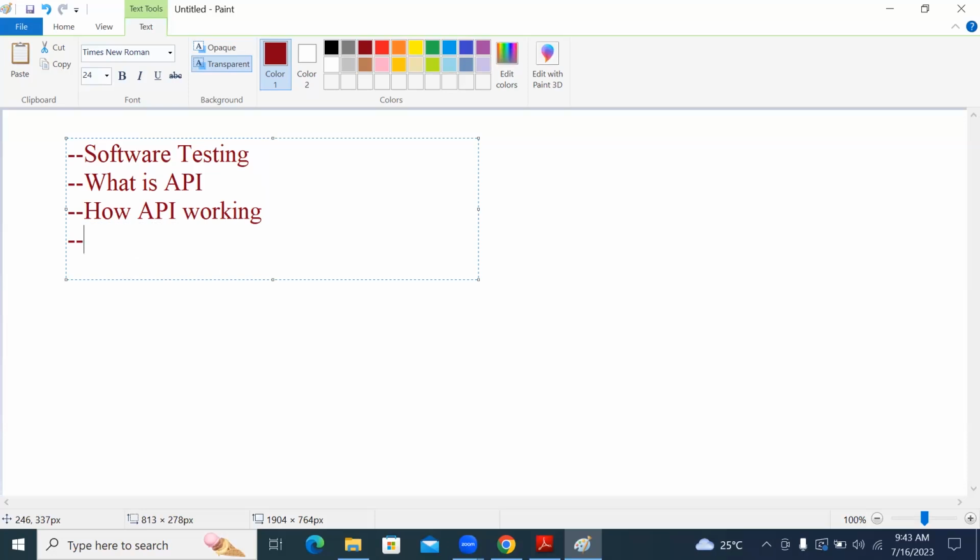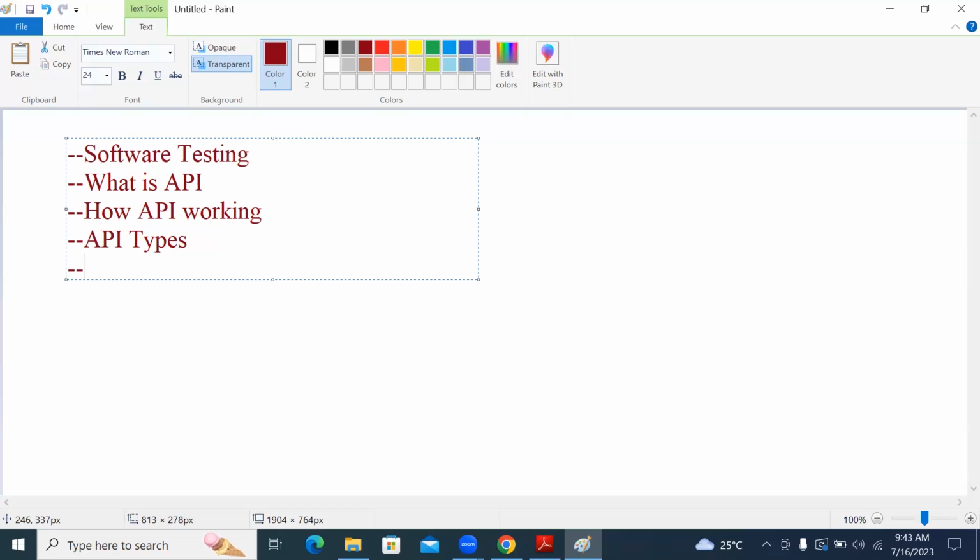After that, we'll take care of API types. What are all the different types of APIs? That we will understand.